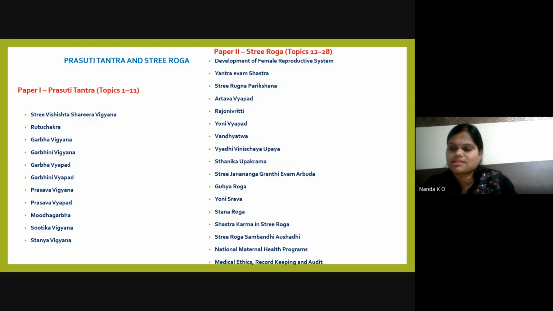and Lakshana Chikitsa. It is common because you don't have a specification of what needs to be covered. Previously, when your senior batch was there, they had an explanation for the disease specific, but you don't have what diseases have to be concentrated on, especially in the Sutika Vyapad. Usually Sutika Jwara will come into the picture, and Sutika Makkala. It's the common thing we usually come across. And Stana Vidradhi. Okay, it's postnatal, right? We usually expect that. But in your syllabus there is no specification of what disease they have